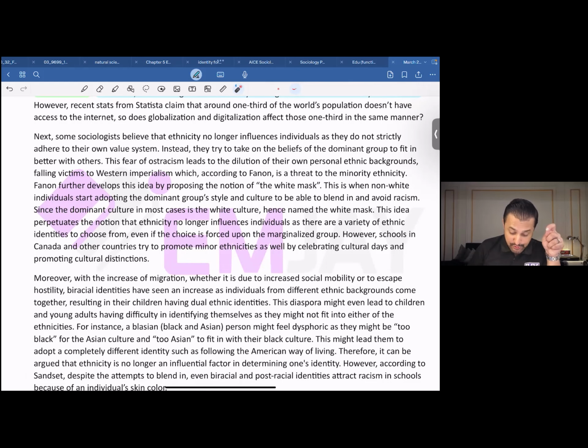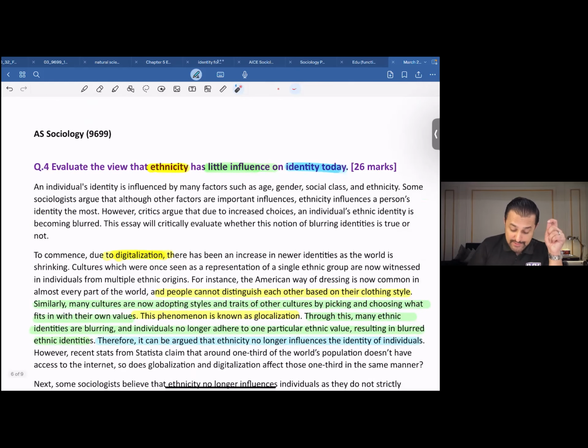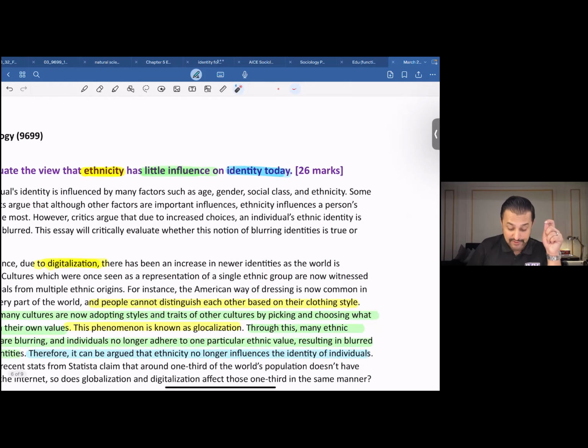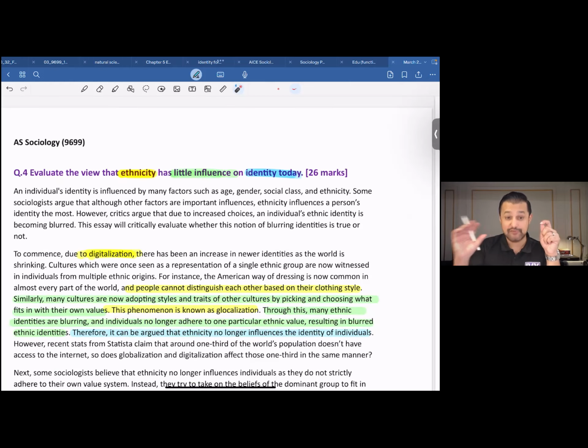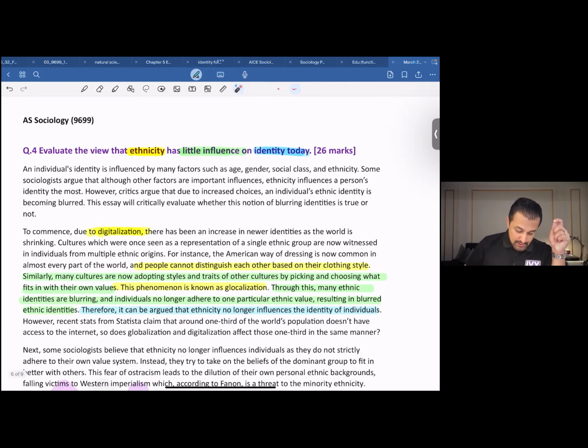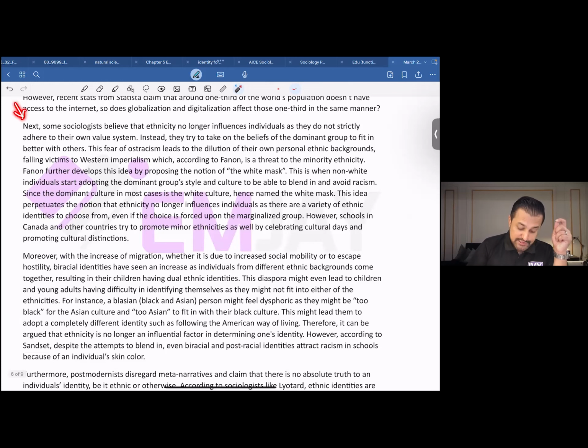Next point related to what? Evaluate the view that ethnicity has little influence on identity today. So you're supporting the idea that ethnicity has little influence in terms of shaping your identity today. Some sociologists believe that ethnicity no longer influences individuals, as individuals today are not strictly adhering to their own value system. To what extent do you think people are adhering to their own value system today? Question mark. Instead,